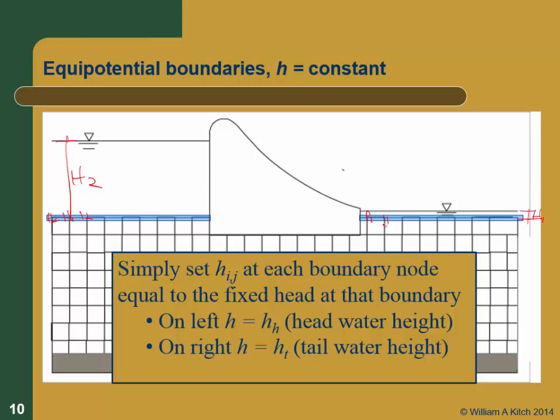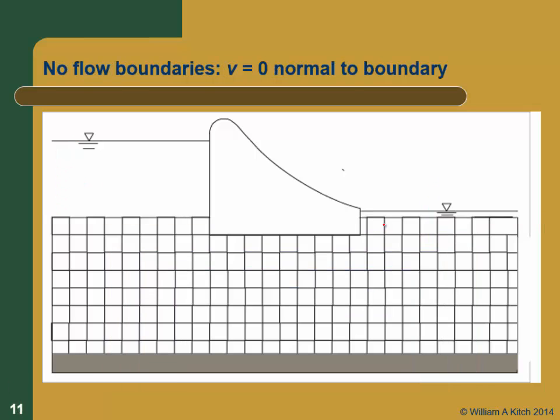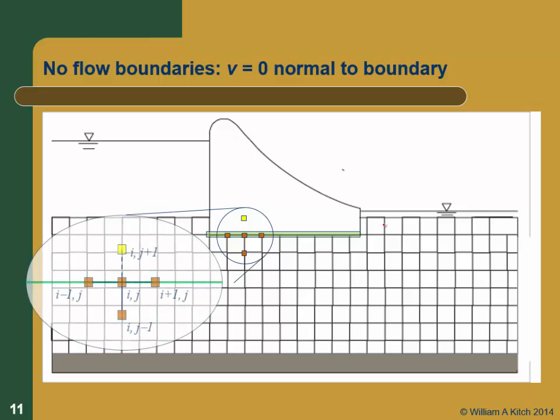What's the other boundary condition we got to deal with, though? Flow lines, right? The other boundaries are flow lines. So that one's a little harder. Let's figure that one out. Okay, well, the no-flow boundaries, that's the no-flow boundary. At the no-flow boundaries, at the flow lines, what we know is there's no flow perpendicular to that boundary. That's what it means. So that means in this case that the velocity in the z direction is going to